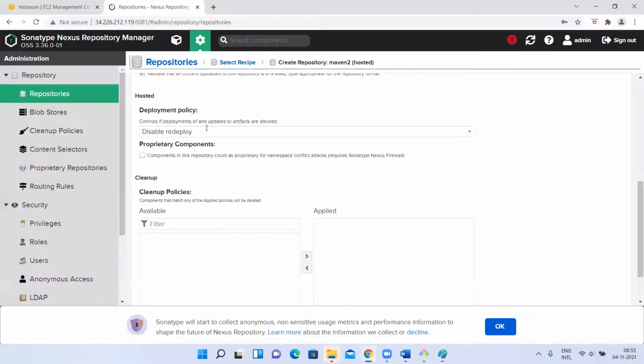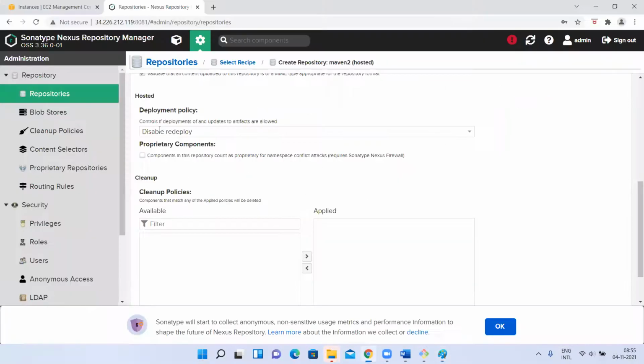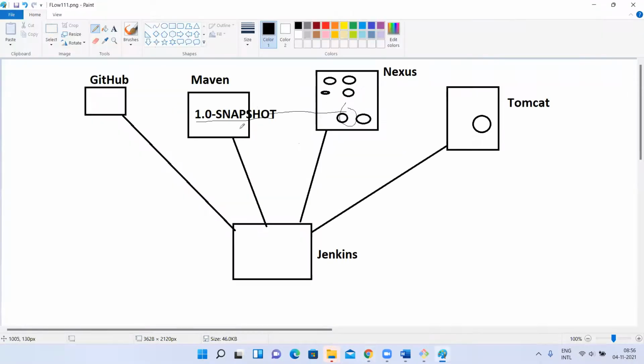So now, as you have said disable redeploy, it means with the same version we already deployed, 1.0 snapshot is there, my Nexus will not allow replacing it. It will not allow redeploying or replacing the same file. No, it will not allow.